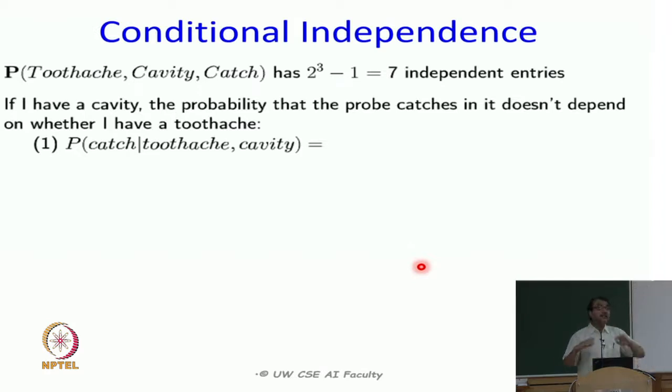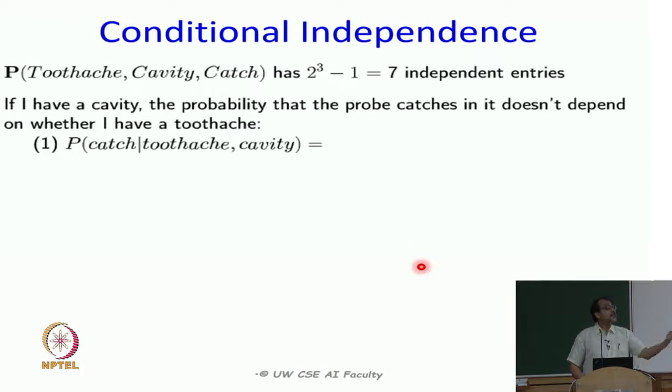In other words, you should say it not like this. This is the wrong way to say it. Because he has toothache, that increases the probability that they have cavity. Because the probability of cavity has increased, therefore, the probability of catch has increased, and therefore, they are dependent. But if you already give me the value of cavity, by additionally knowing that they have toothache does not change my probability distribution, because I already know they have cavity, I already know the cause, so why bother about the other symptom. So therefore, mathematically we can say that probability of catch given toothache comma cavity is equal to probability